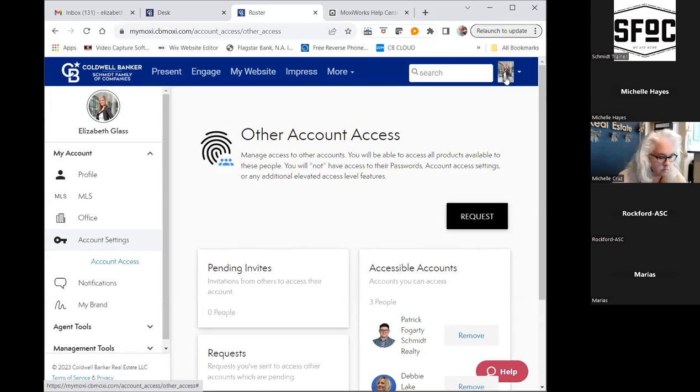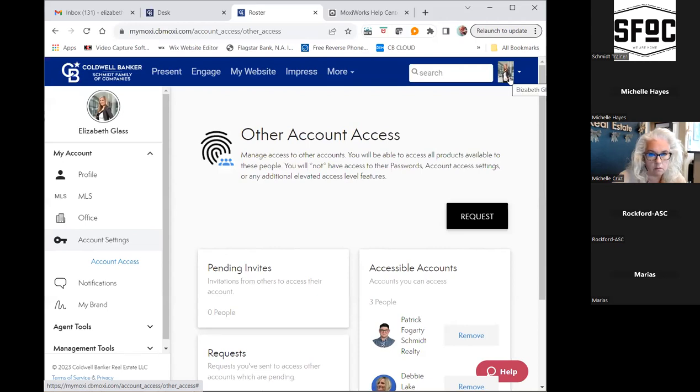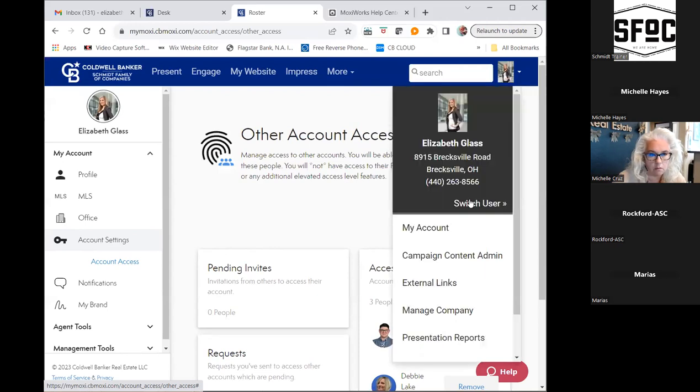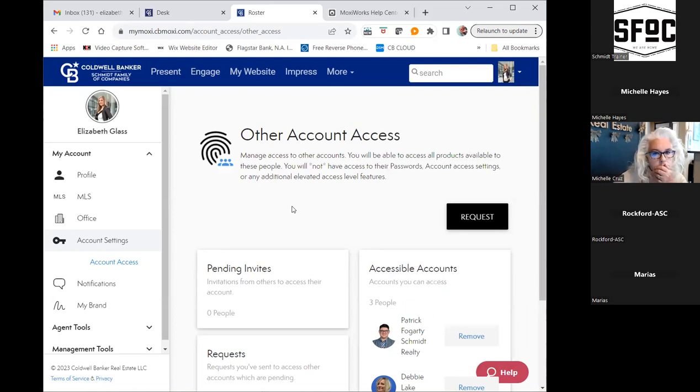So if I come up here to my agent profile icon on the top and I'm an ASC, RSC, or someone on the training team, so admin level or above, they're going to be able to click on this and they'll have this option here, which agents will not see. It says Switch User. What that then lets you do is let them go in and come into your accounts, into your systems very quickly to help you navigate your troubleshooting issue. So that's within the company.